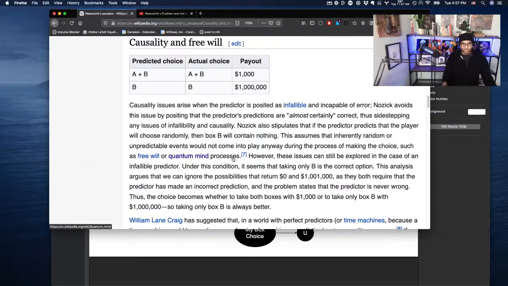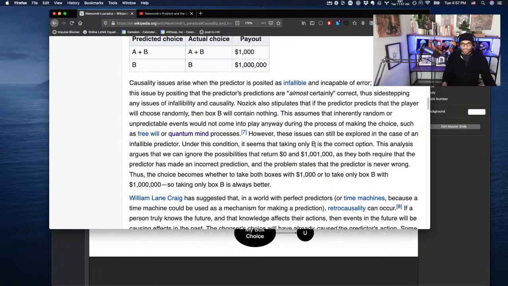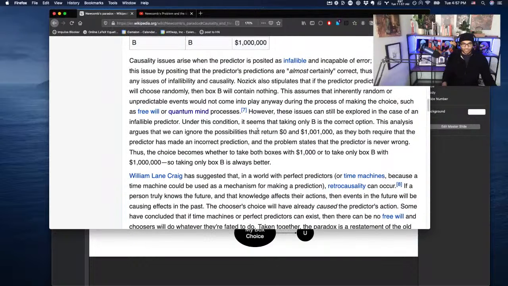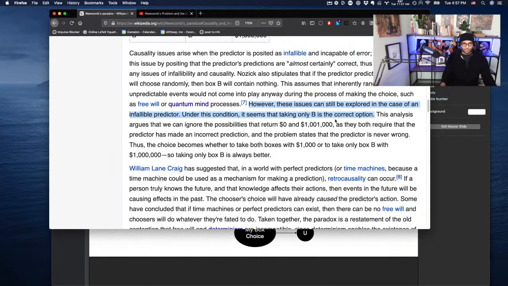Quantum mind? What on earth? I'm not sure what y'all are going on about with quantum mind stuff. So,